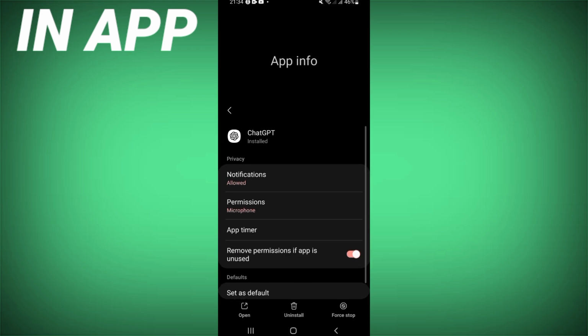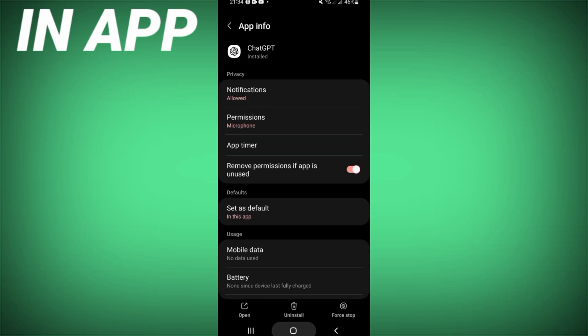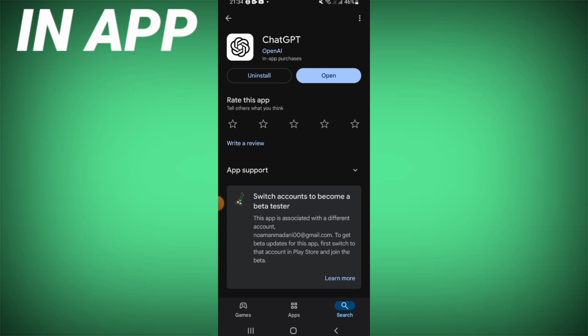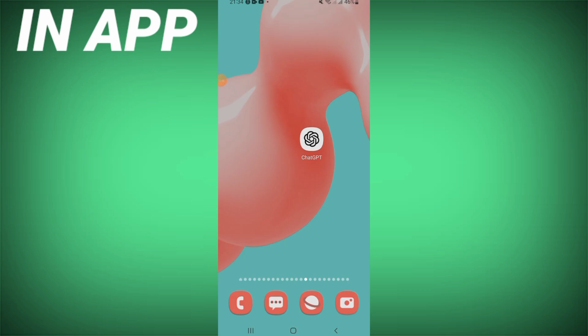And right now you just have to go to Play Store. Open your Play Store. Search for ChatGPT. If you find update, you have to update it. If you didn't find the update, uninstall it and install it again, and then restart your phone and your problem